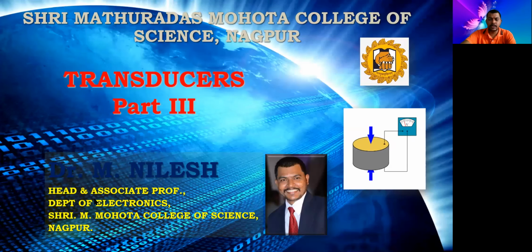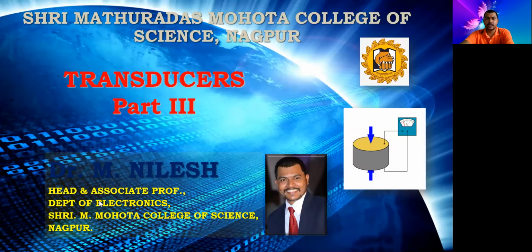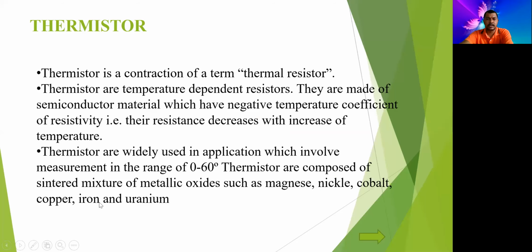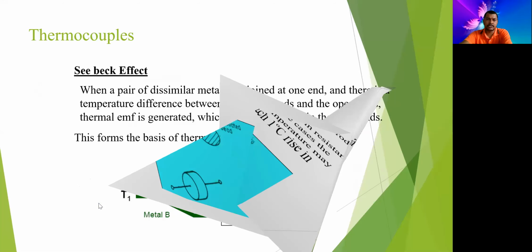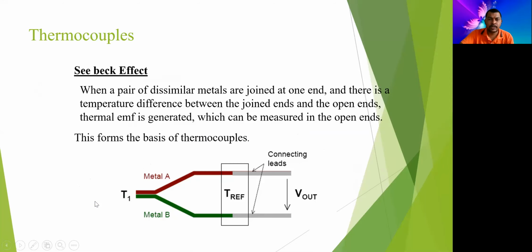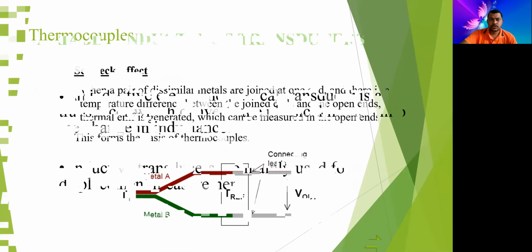So we have studied today the transducer, in continuation of thermistor we have done. Thermistor: change in temperature will change the resistance. These are some examples of thermistor. Then we have studied thermocouple. Whenever two dissimilar metals are joined together and the two ends are kept at two different temperatures, then thermal EMF is generated in both the wires, and that potential difference can be measured and used as a measuring device of temperature. So that was the concept.